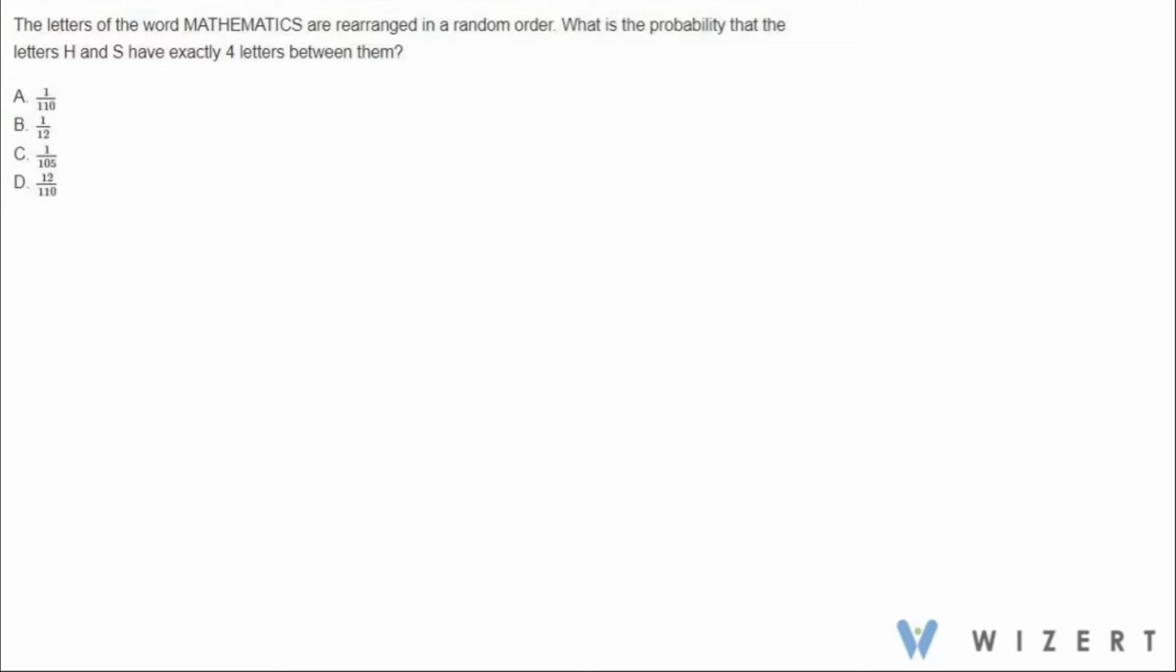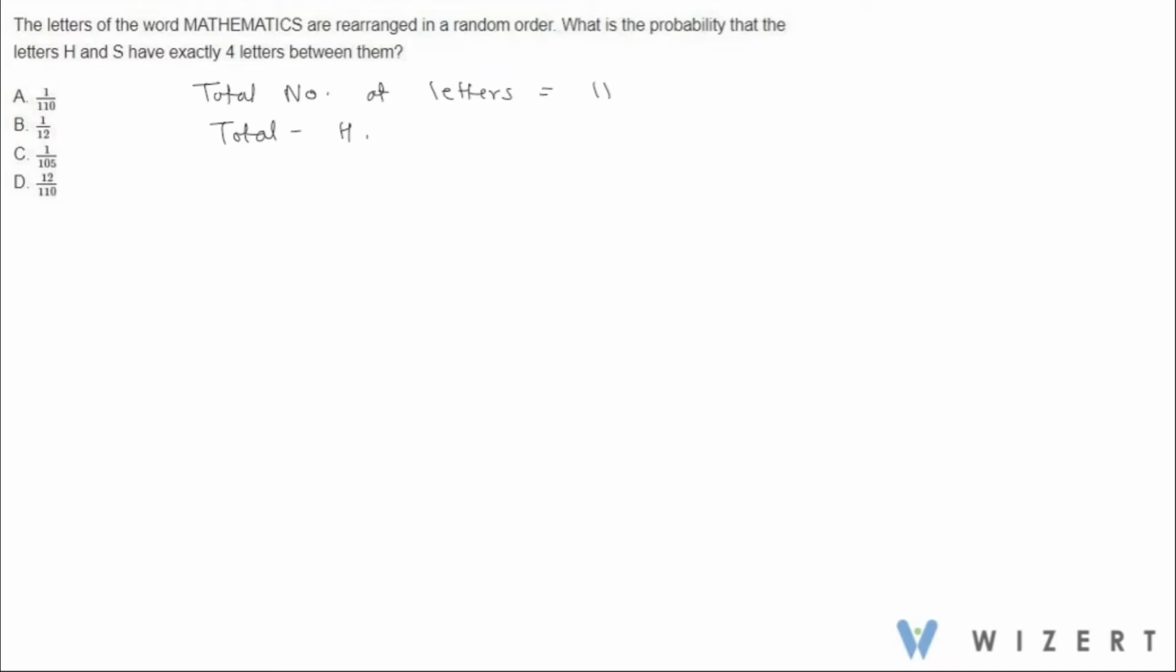We have these questions here. The letters of the word mathematics are rearranged in a random order. What is the probability that letters H and S have exactly 4 letters between them? Now there are total letters. Let's see. Total number of letters equals 11, and we have